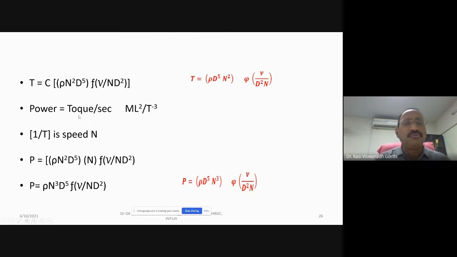The power P, of course, will be equal to torque per second, so M L squared T to the power minus 3. So accordingly, you get rho n cubed d to the power 5 into function of mu by n d squared. As simple as this. Okay. So this is how Raleigh's method works. And we stop here at this stage, and tomorrow's class we see